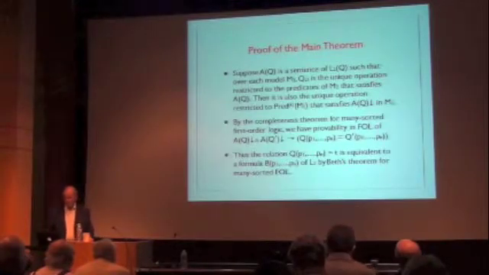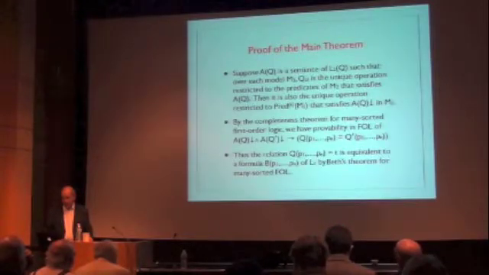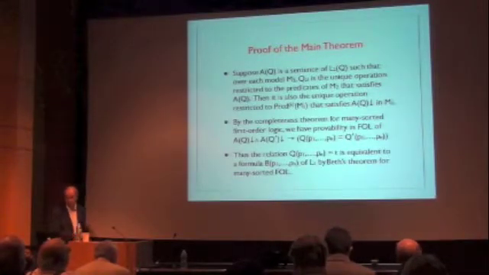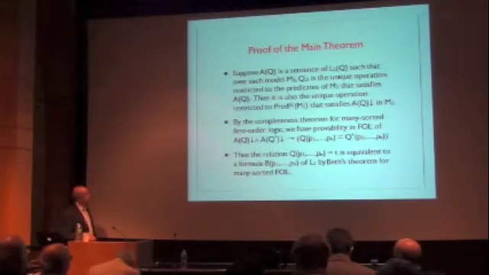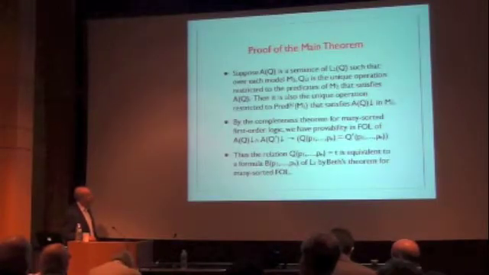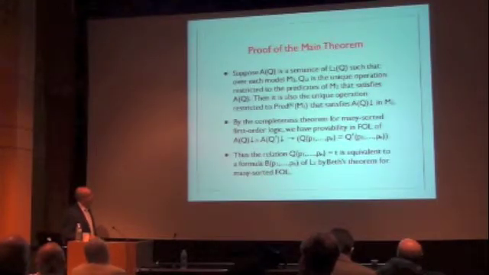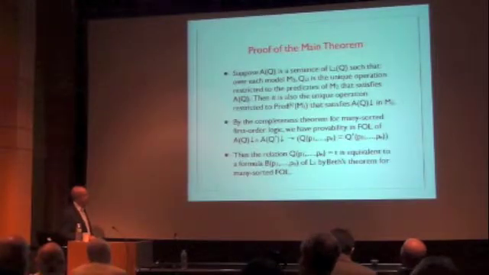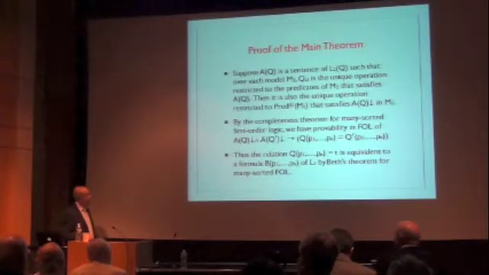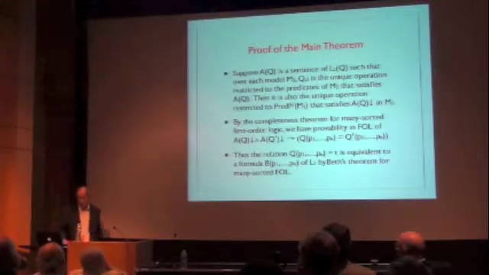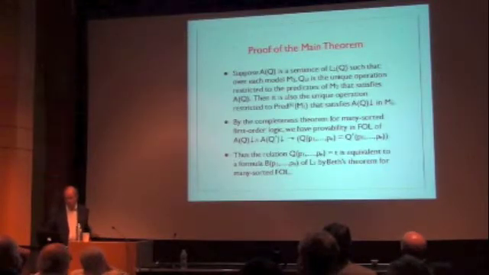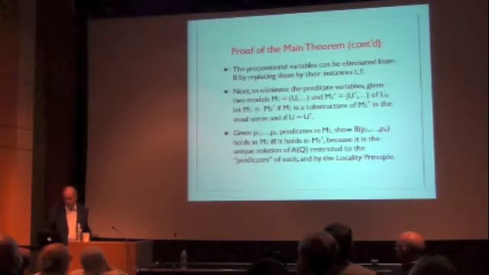So to prove the main theorem, suppose we have a sentence A of Q, such that Q sub U is the unique solution over each domain of A of Q. Then we have in L1 the equivalence of Q and Q prime. We apply Beth's theorem for many-sorted first order logic to get